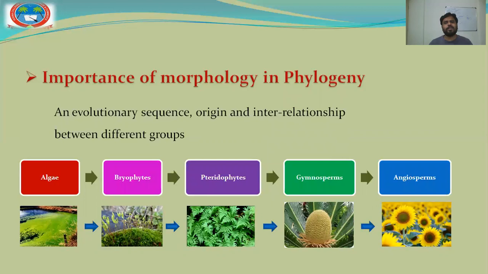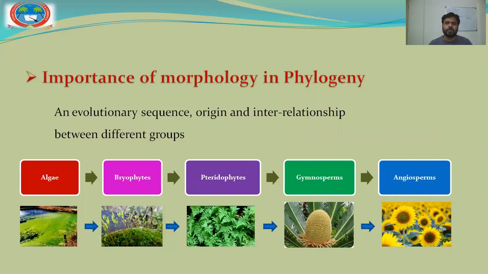If you consider the gymnosperms and the angiosperms, in both groups there are common characteristics. The advanced gymnosperms, for example Gnetum, show certain characteristics which resemble the angiosperms. For example, the venation pattern, dicotyledonous nature, and the reticulate venation. That is a characteristic of the angiosperms which is shown by a certain group of gymnosperms. It means that characteristic is present in between these two groups.